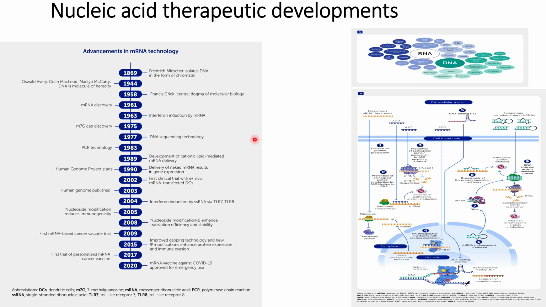So this is in brief how the mRNA technology development occurred, and panel A on the right hand side of the figure shows different kinds of RNAs. In brief, they are categorized into two kinds: long chain RNAs and short chain RNAs. Short chain RNAs are mainly used to suppress, downregulate, or modulate genes, whereas long chain RNAs